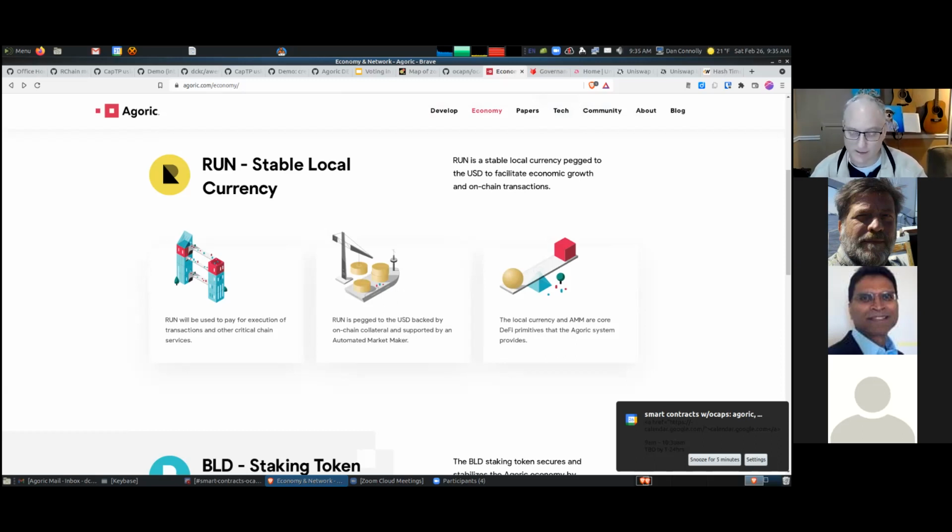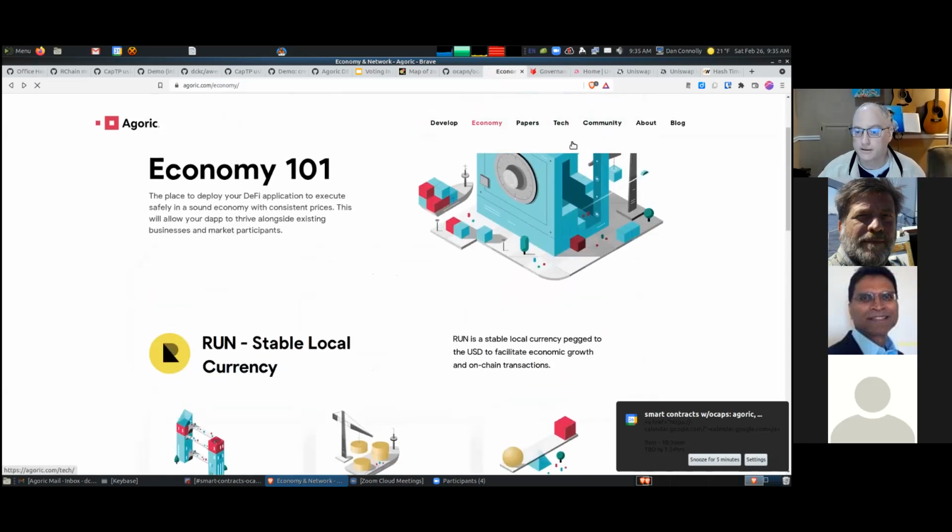And we had the same mechanism, and I don't completely understand it, but it's credit default swaps in the traditional finance mechanism. So we have a vault system that's like MakerDAO, and we have the AMM that's like Uniswap, and maybe one or two other contracts, and those three together are the run protocol. Okay, so again, our tech stack,